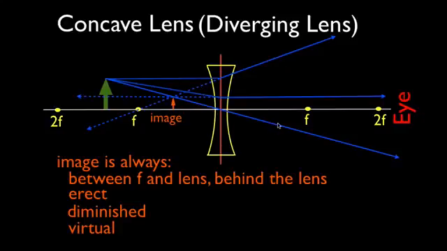This is an image that is created by diverging light rays. Okay, so once again, there's only one case. It doesn't matter where we put the object. The image is always going to be between F and the lens. It's always going to be right side up. It's always going to be smaller, and it's always going to be virtual. Okay, the image will never appear on this side, and it will never appear beyond F on this side. All right,